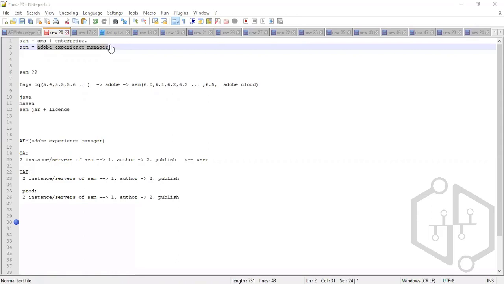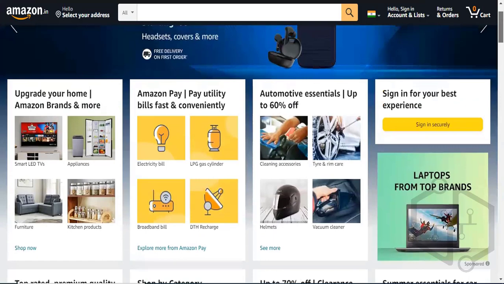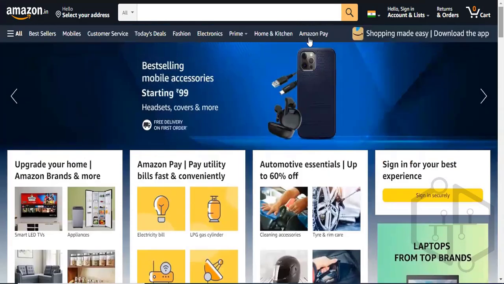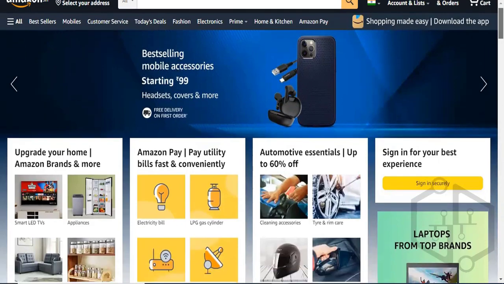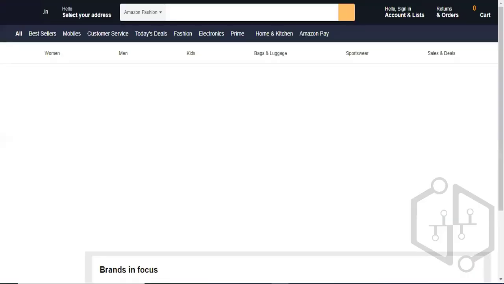Okay. So in AEM, I hope you would already be knowing, just to revise your concepts. In AEM, every page on this website, this home page, will be a page in AEM as well. So there will be a page like the home page. Similarly, if I go over here, this is gp browse.html.